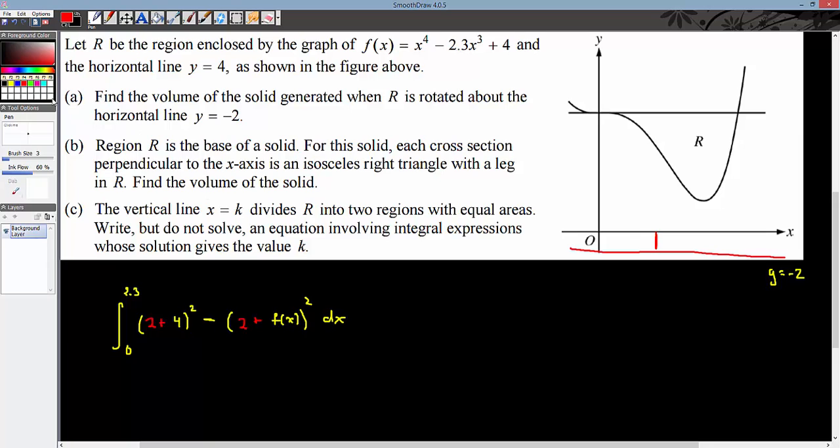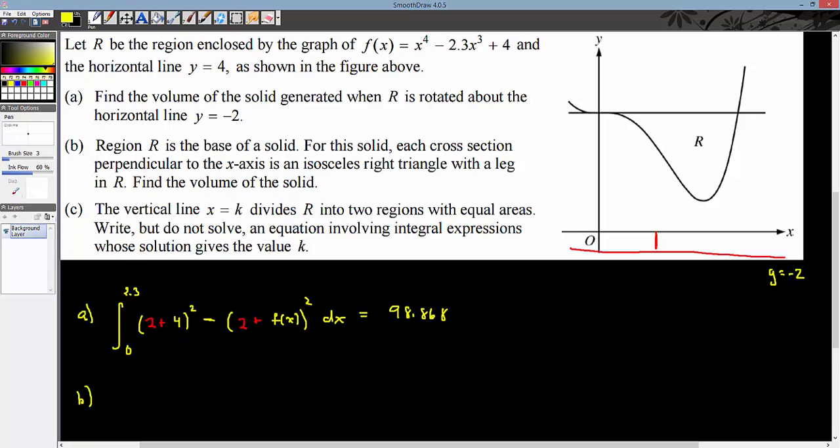So from here, I just punch that into the calculator. And at this point, I'm going to assume you guys know how to do that into the calculator so I can move this a little bit faster. I'm going to get 98.868. Yeah, that's just integration in the calculator. That's all there is to it. That's part A. Part B